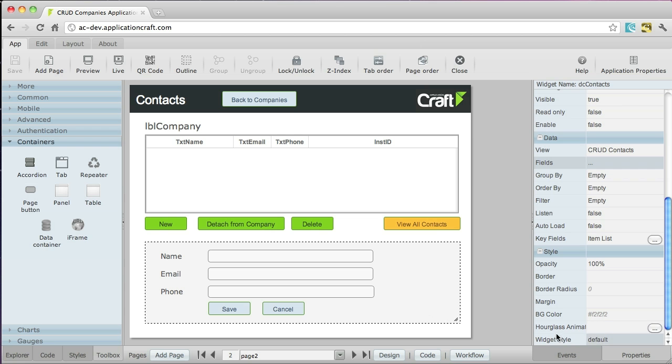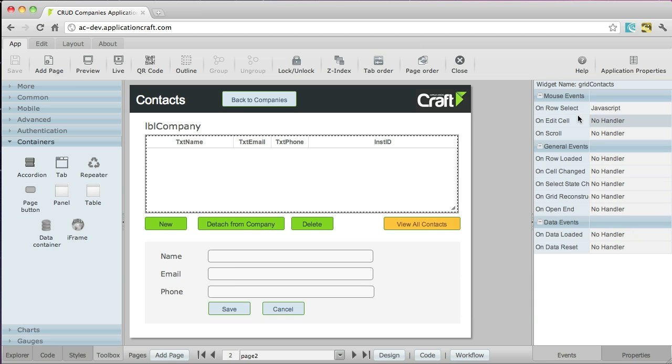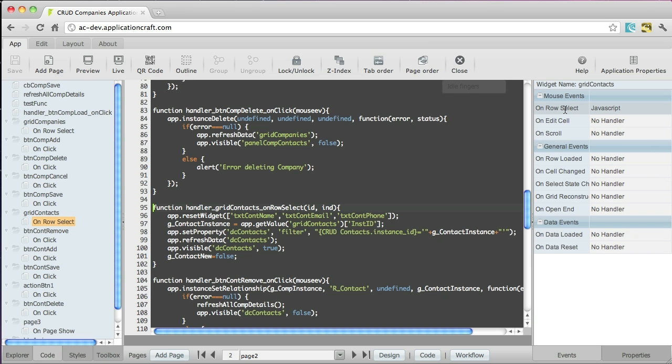So if we just click on this grid here, the idea is this would list the contacts, and then the user selects one of the contacts from this grid and clicks on it. So here you can see the on-row select event, and here's the event itself. So the first thing we're going to do is to reset or empty these three text widgets that are in that page. Then we're going to get from the grid the selected instance ID,